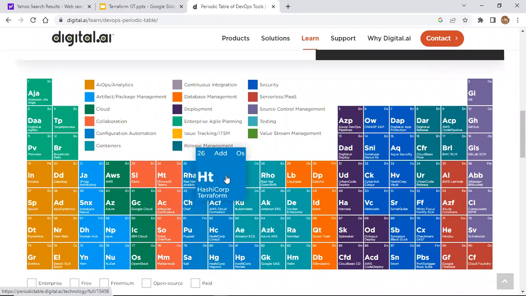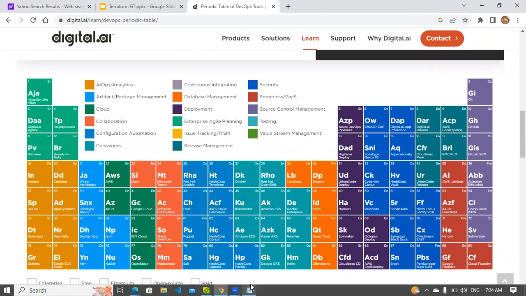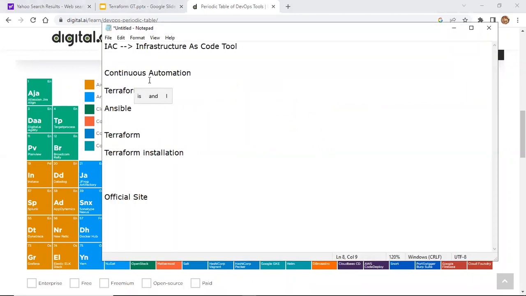So what is the main difference between Terraform and Ansible? We'll be seeing that. Terraform is like a civil engineer who creates the real infrastructure. Real infra means he will be building the house.